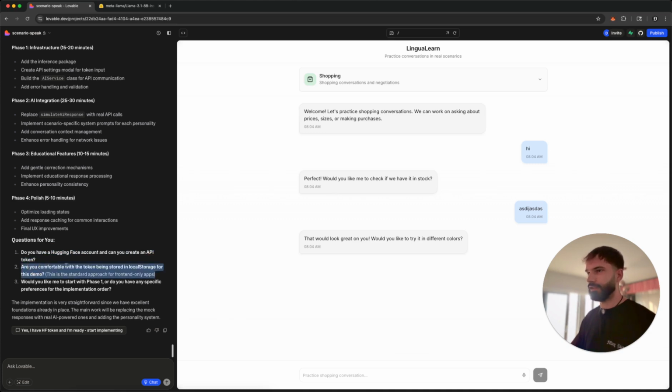And as you see, Lovable also asks me, are you comfortable with the token being shared in a local storage? This is a very standard approach. It's an offline thing. If you are not sharing this with anybody and it's in your local storage, it's okay. Would you like me to start with phase one? Okay, yeah. Let's give it a couple of seconds so that I can get my key, and I will just